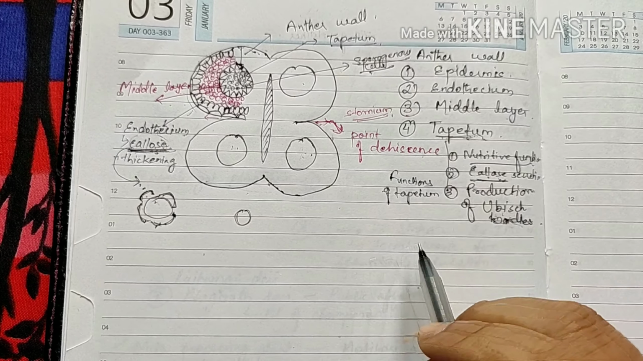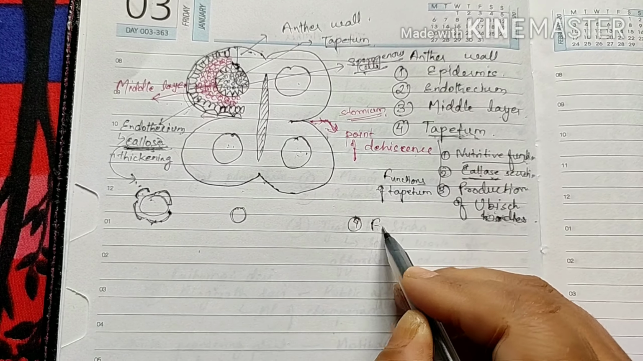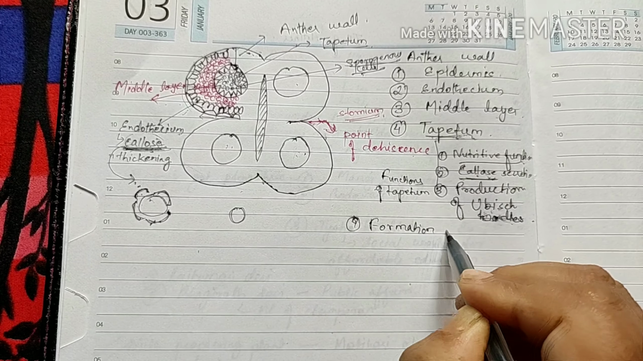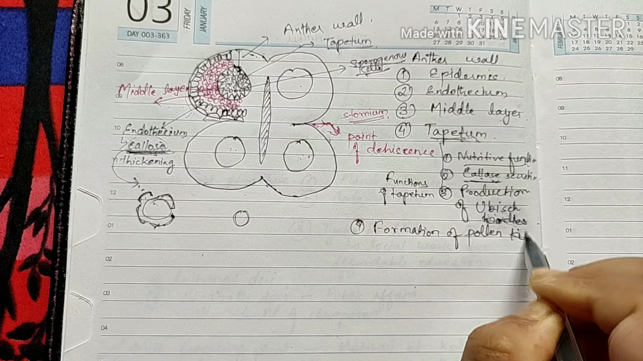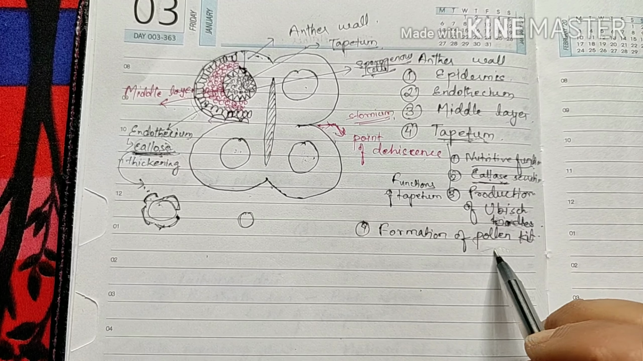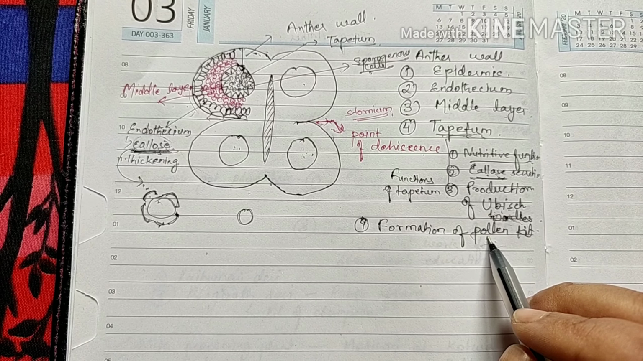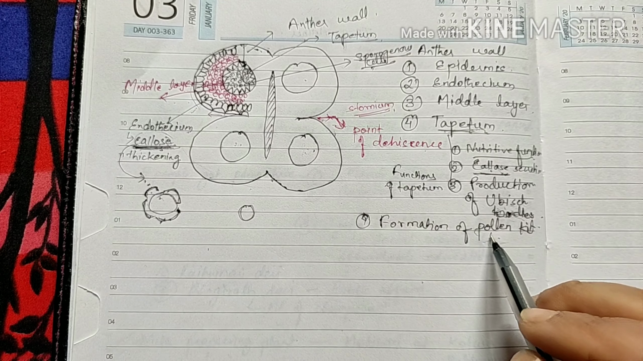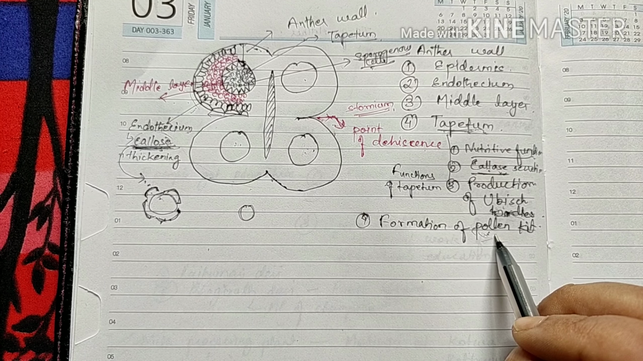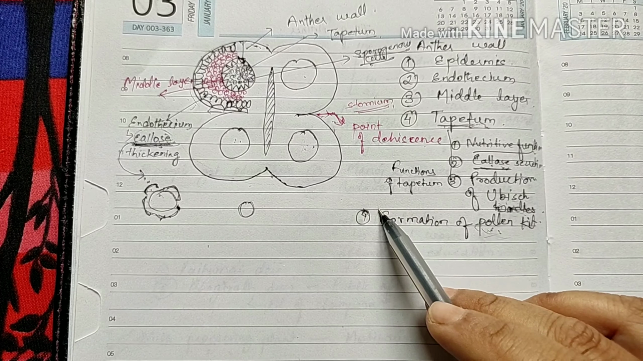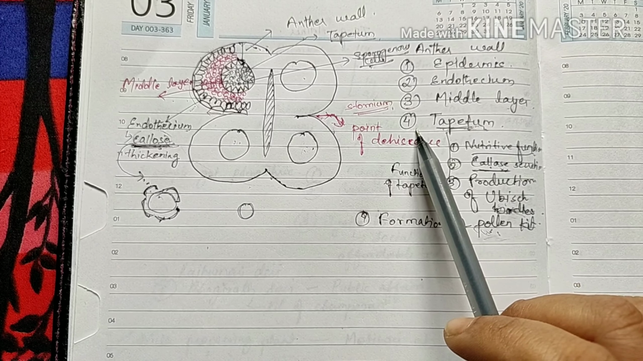Then the last function of the tapetum is the formation of pollen kit. Now what is pollen kit? This is the yellow powder which you generally find on the flowers. Whenever you touch the flowers, you will find that it is containing a yellow powdery substance, and that is nothing but the pollen kit. So these four are the functions of tapetum, and here I have discussed the different layers